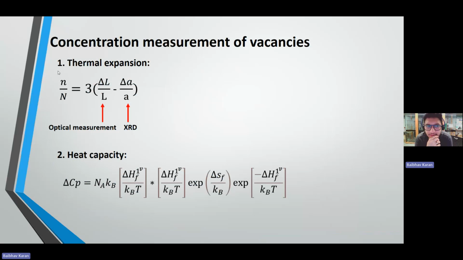The first measurement technique is thermal expansion. In thermal expansion, we expand a material thermally with the help of heat, so the volume of the material increases and there will be a change in dimension. This change in dimension can be used to find out